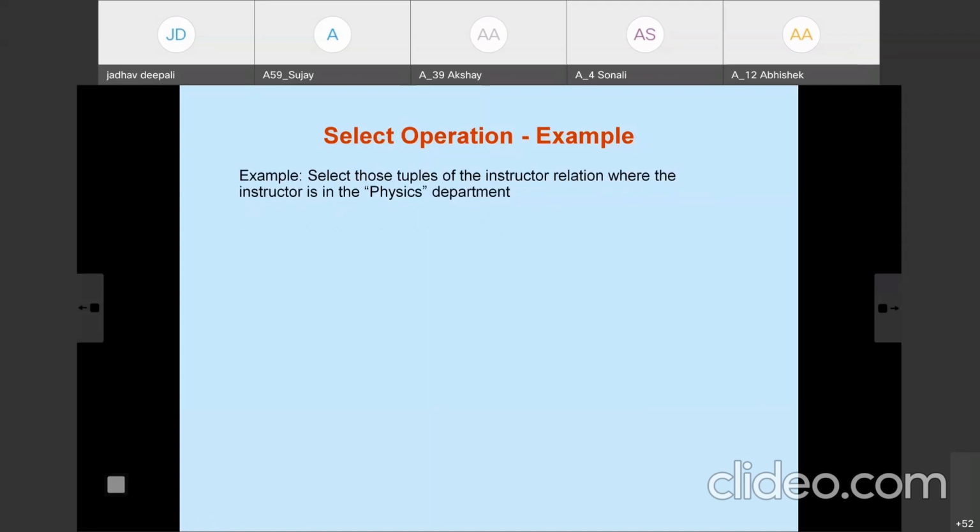Whenever such a question is there, read the query 2 to 3 times. When we have to write the query for such a statement, first we need to identify the relation on which this query operates, meaning the argument relation.